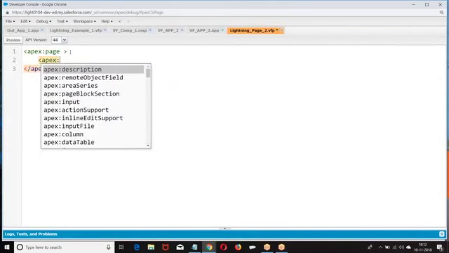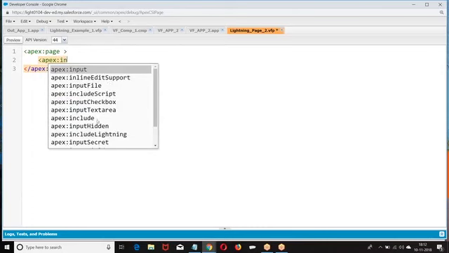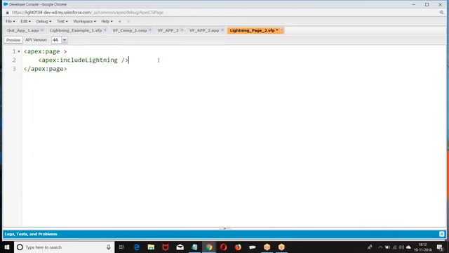So here we have apex include lightning script, right? We are including the lightning script. What is the first one we are supposed to use? Lightning dot use. Then the component application name. What is the application name we have taken? VF underscore app underscore 2, and the function.